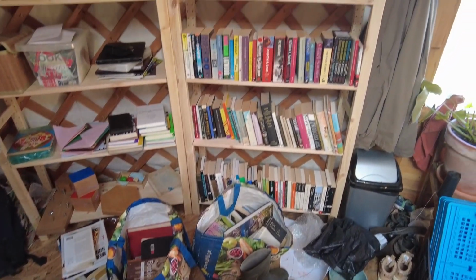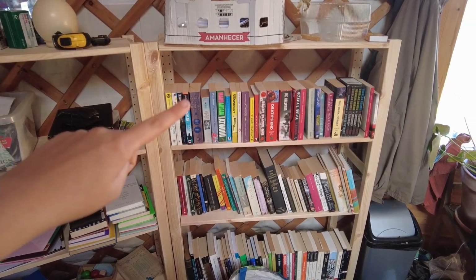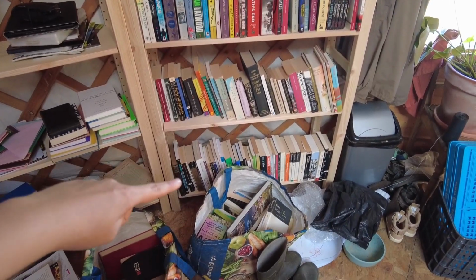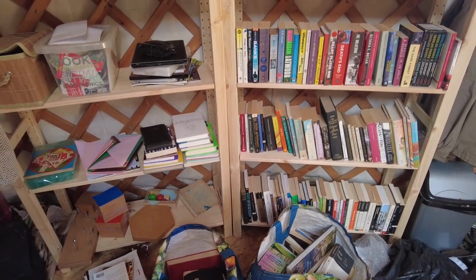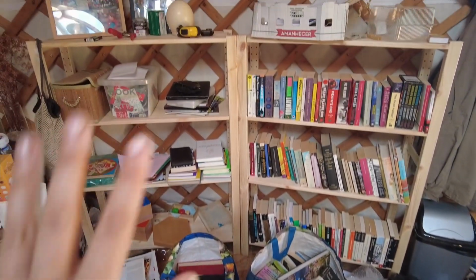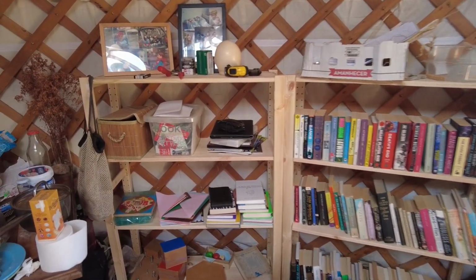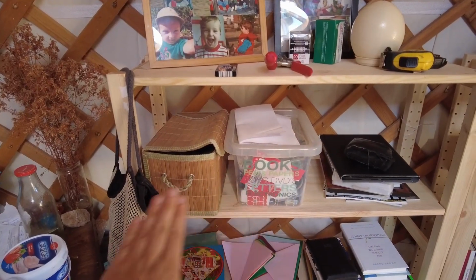I kind of sorted them according to science fiction, just regular fiction, my philosophy books, and then some more popular science type things. But it needs some more sorting. So I'm not sure about what the layout is going to be, but I'm very happy that we can start putting like our computer stuff, camera stuff,